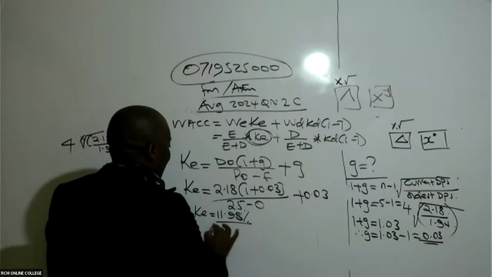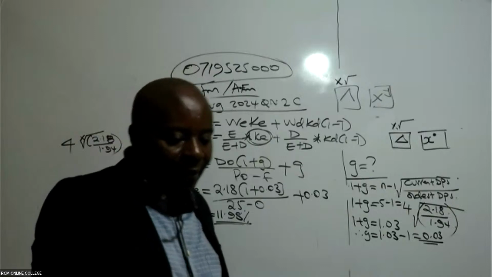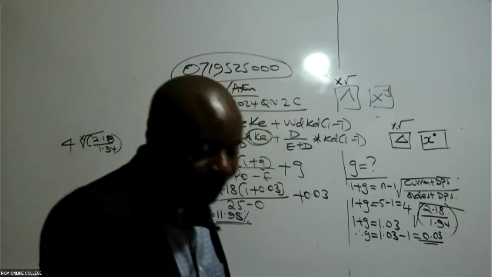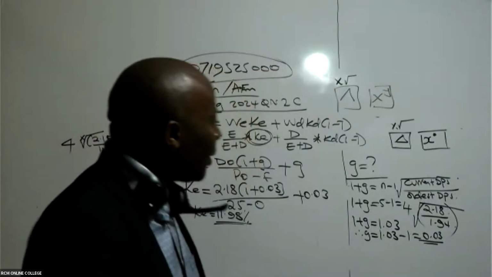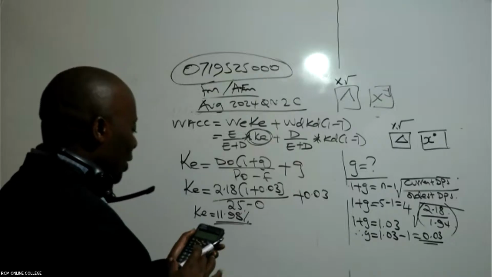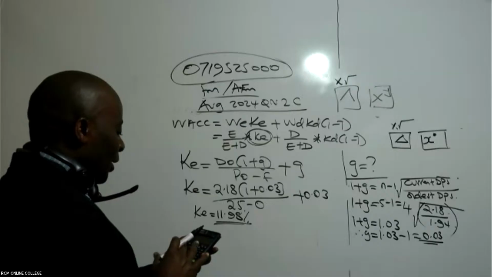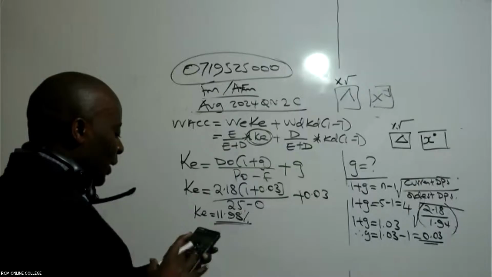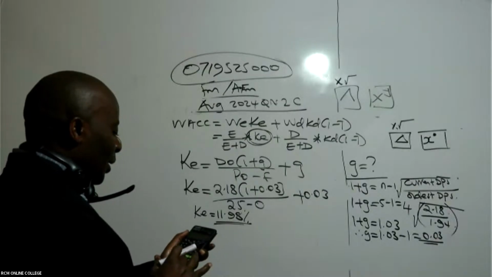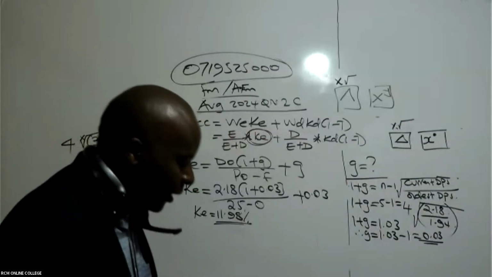Is there somebody who is able to get this 11.98%? Angie has gotten this. So Owinda, I can most certainly guess what you did. I'm so sure you used this normal square. I'm 100% sure you used this normal square of 2.18 divided by 1.94. Those equals. Yeah, I can see.